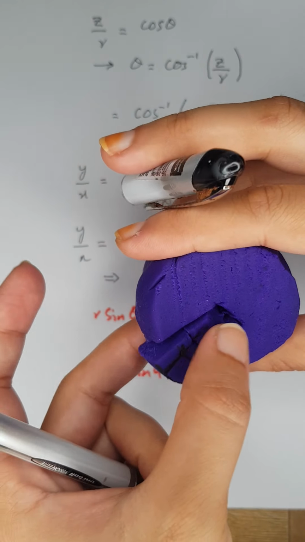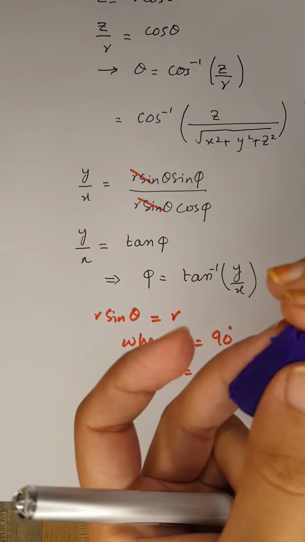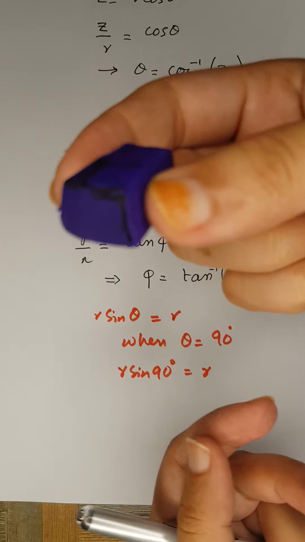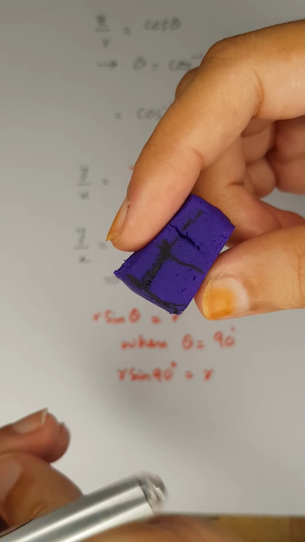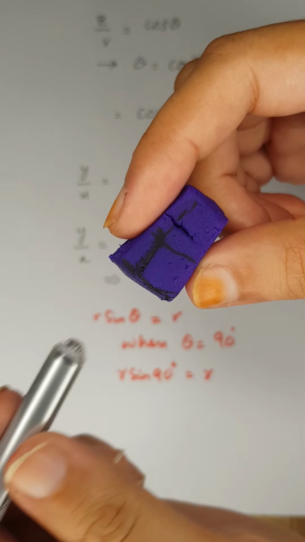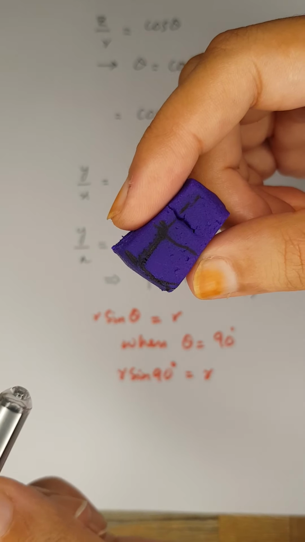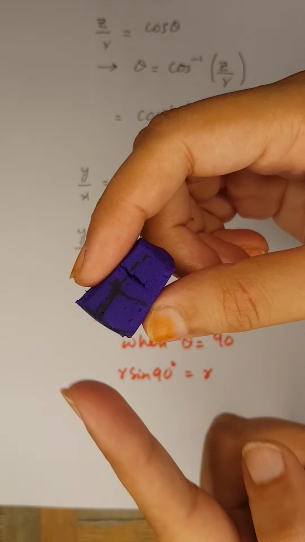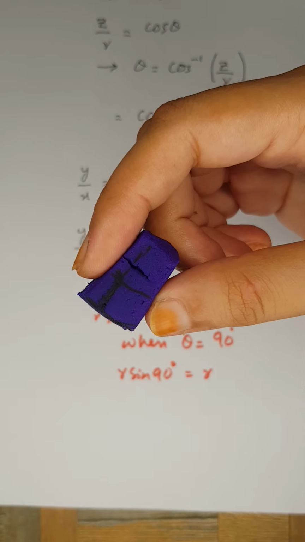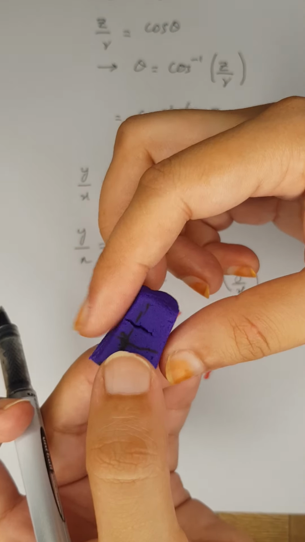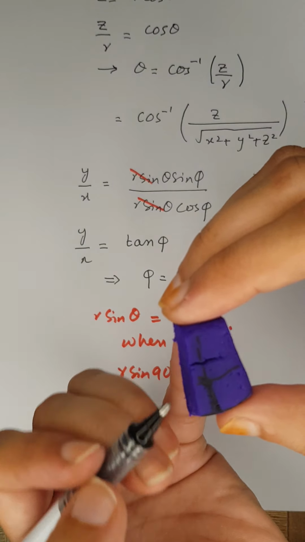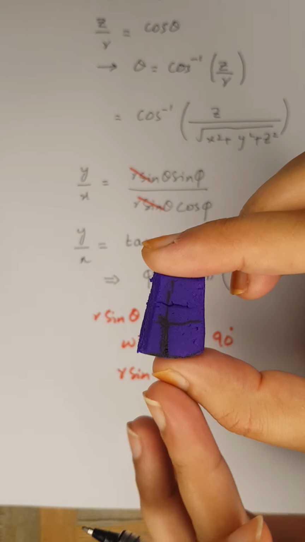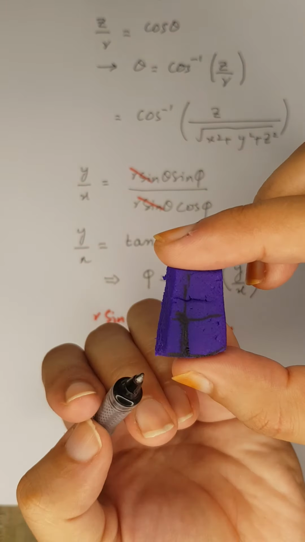Let me just take it out. All right, if you notice this small patch that I have taken out from a spherical surface, this surface is pointing in the direction of the radius, it's outward. So when I calculate the area of this surface, it will be pointing in the direction of the radius. Similarly, these two surfaces are parallel to each other. The only difference is the value of the radius.